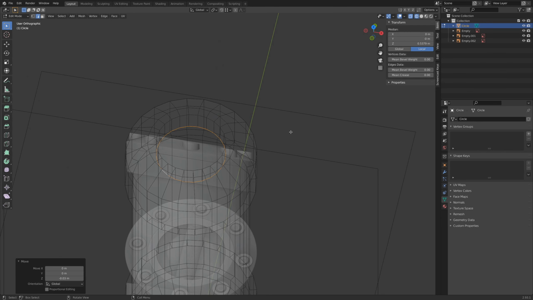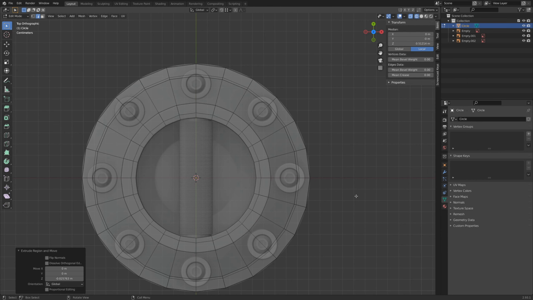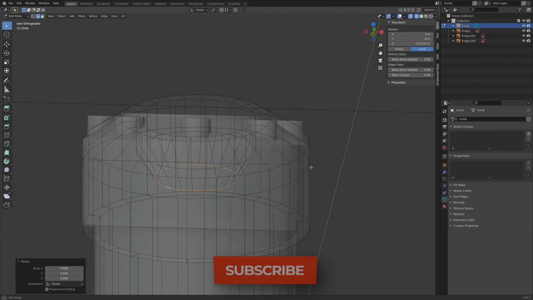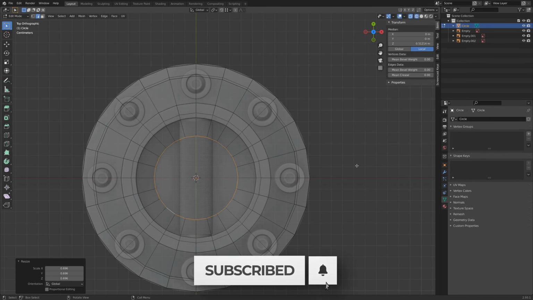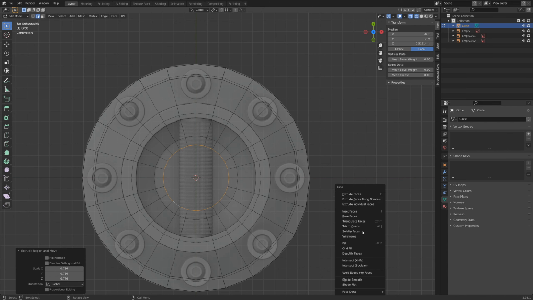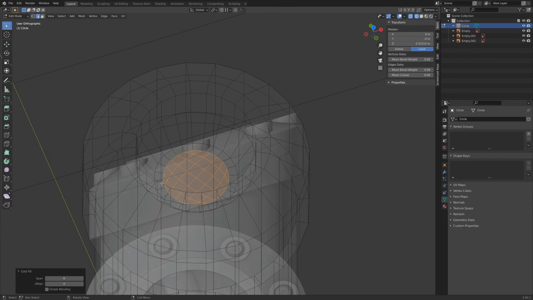And we'll extrude that again on the Z. And looking at the top view, we can scale that in to match there. Now we're going to have to close off the ends of this cylinder at some point. So let's extrude this again, scale it in, and if we hit Control F, grid fill is what we want. So clicking grid fill will fill that with a grid, and doing so maintains